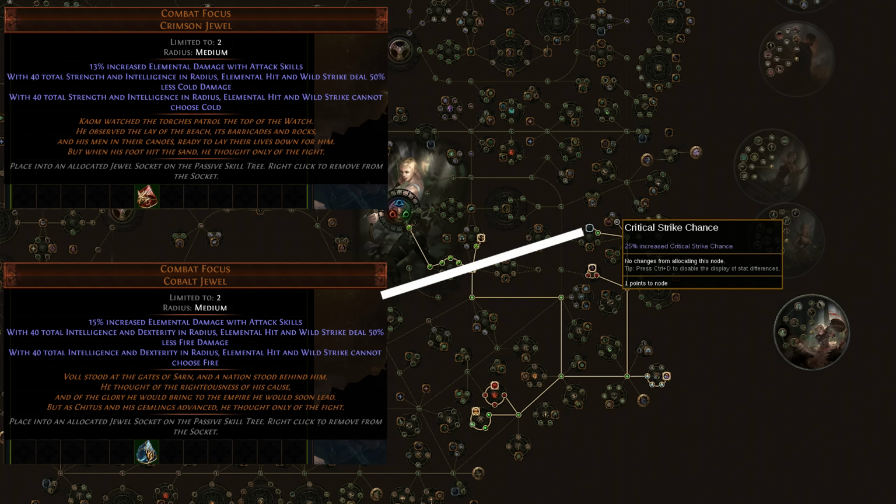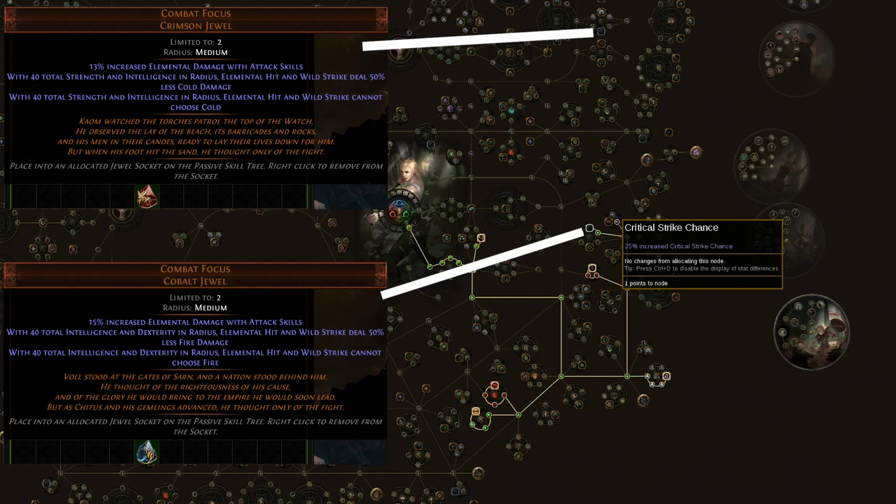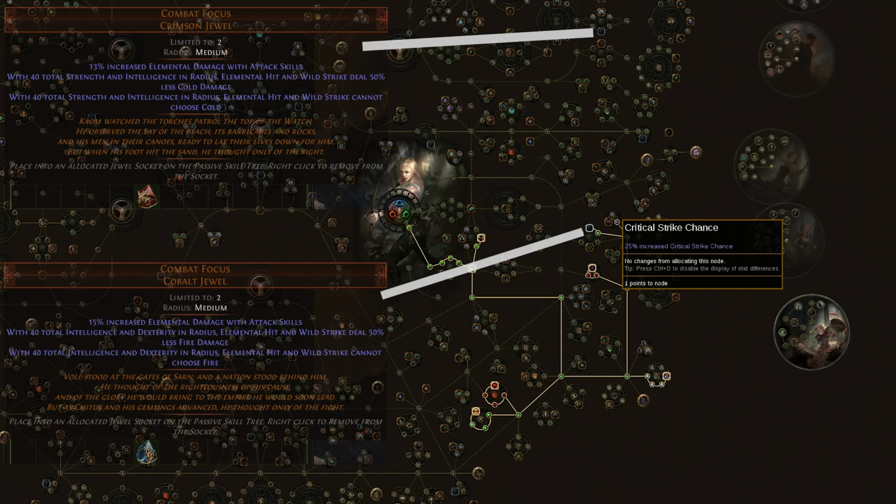will function here. And as we move up later on, we're going to be getting the jewel socket above the claw nodes, which we can put the Crimson jewel in. Both of these effects will be triggered, and we will be able to focus our damage to just specifically lightning. This will, even early on, allow us to improve our clear speed and make the build much more powerful and